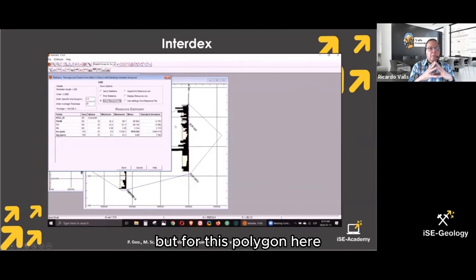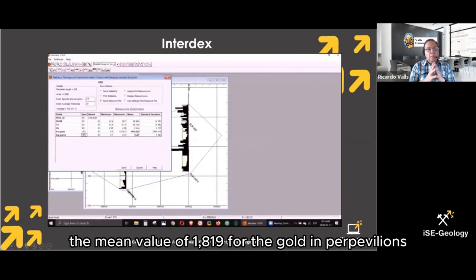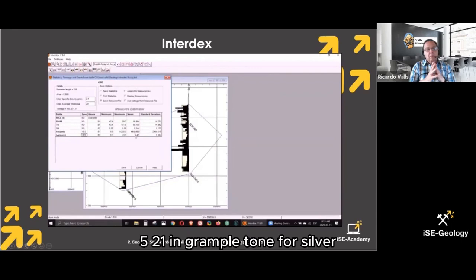But for this polygon here, if the density, let's say, was 2.6, and a thickness of 20, we have 155,371 kilograms. That's the tonnage. We have the mean value of 1,819 for the gold in parts per billion, 5.21 in grams per ton for silver,